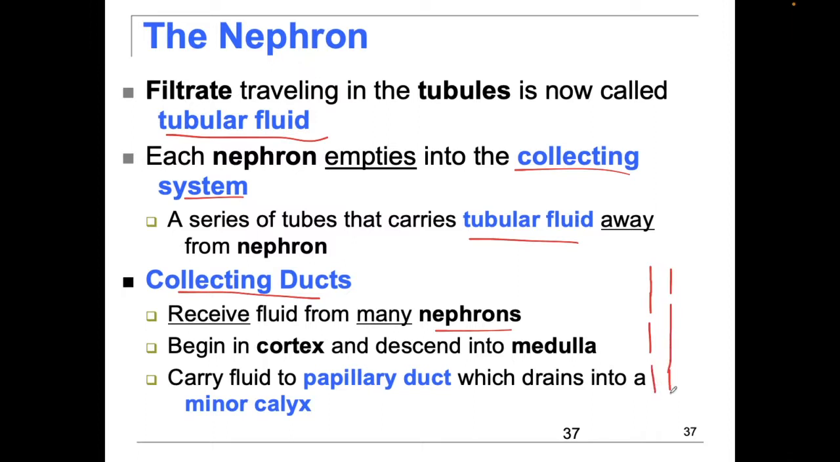you can have something like this, and then maybe here there's a nephron connecting here, another one connecting here, maybe another one connecting in here. So you have all of these nephrons that have connecting tubules into the collecting duct. And from the collecting duct into the renal papilla, eventually it'll go into that whole minor calyx, major calyx, renal pelvis, ureter. Okay. So the collecting ducts receive fluid from many nephrons, begin in the cortex and descend down